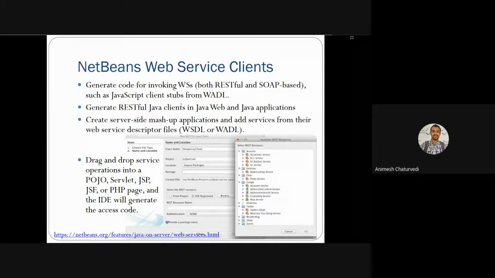So basically, you have a web service. In that web service, you have various operations, and you can call them. Call them with what? With some languages or the frameworks that you are seeing: POJO, servlet, JSP, PHP, and you can generate some of the automated code as well for accessing those web services. Any query till now?